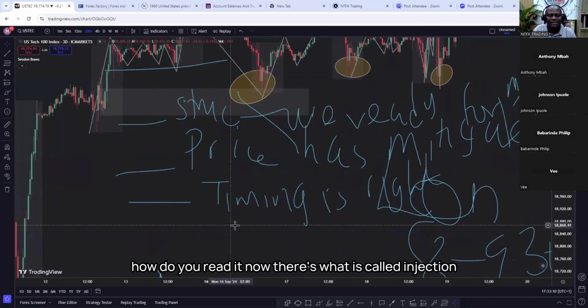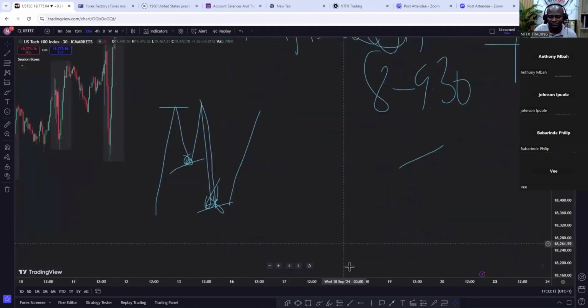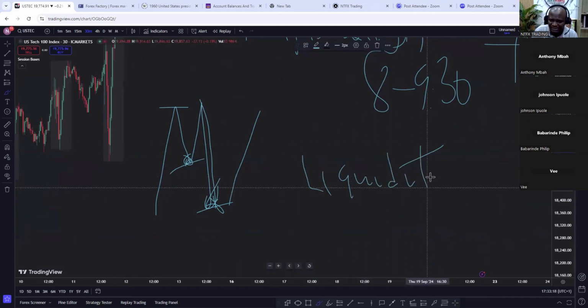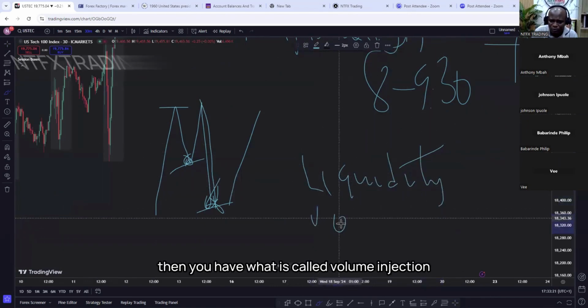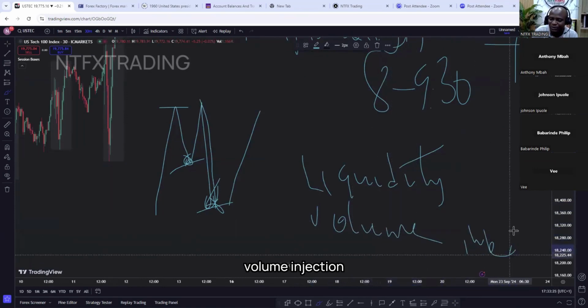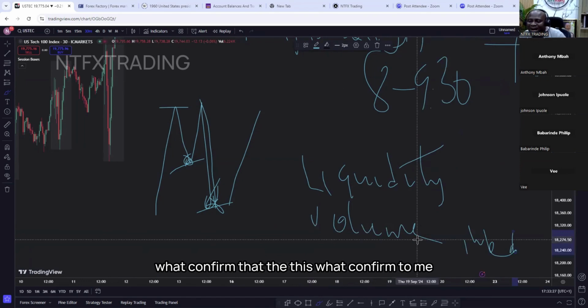Now, there's what is called injection. What do I call it? Injection. Yes, as you have liquidity, then you have what is called volume injection. What confirmed that to me